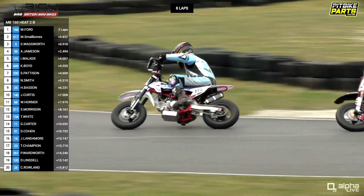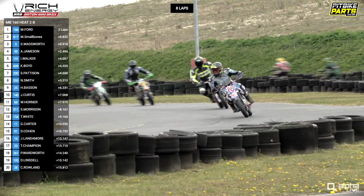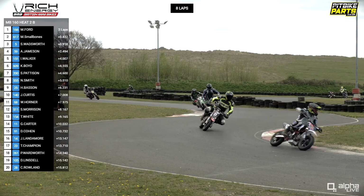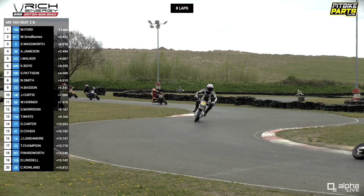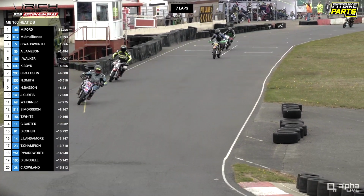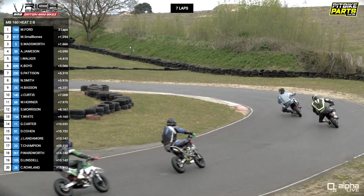And number 8 in second, having a look on the inside on the exit of the S's. Back down to the finish they go. Ford leads the way. Nothing at all between first and second place. Third and fourth still very much in there as well. Look out for the 5th place rider. I think that was Adam Jameson going through with Ian Walker. They're not too far behind, so this 160 Group B race